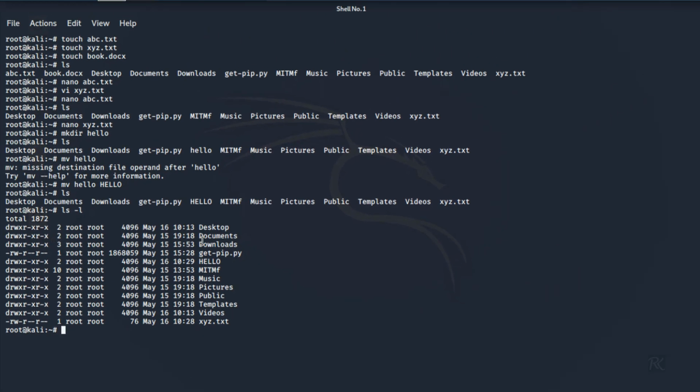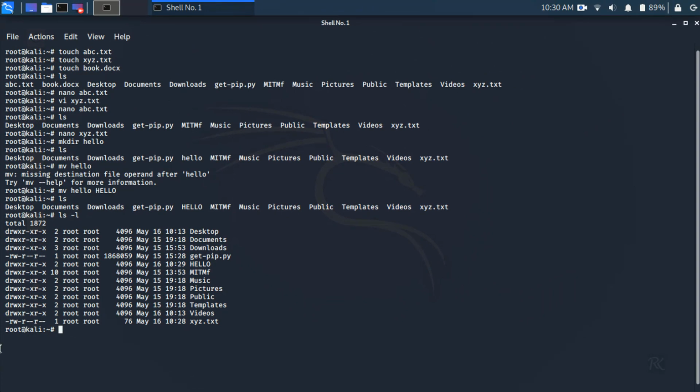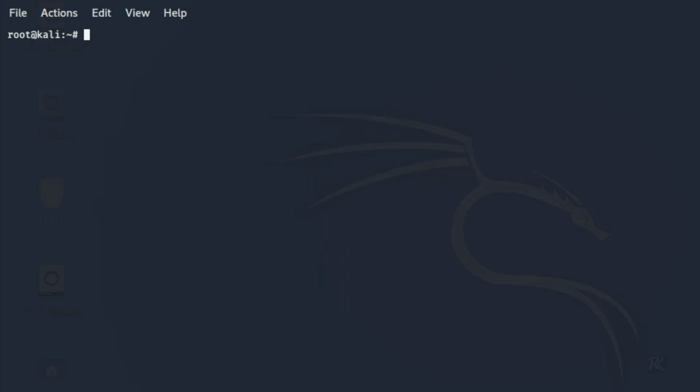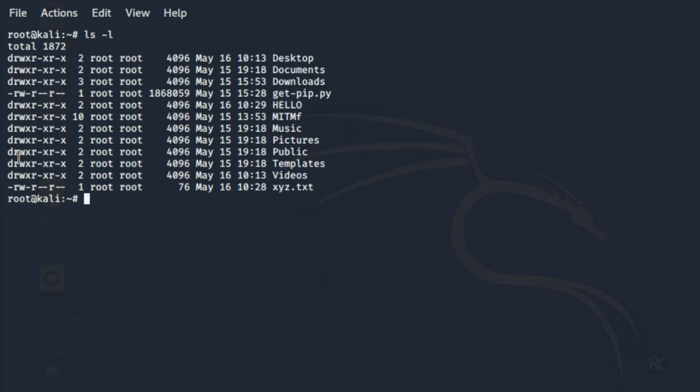Now we will give the command ls -l. Now we will see how the permissions are granted to any folder. So give the command ls -l. Now here you can see different letters like d, r, w, x. We will see the details. This first dash shows us whether it is a directory or a file.